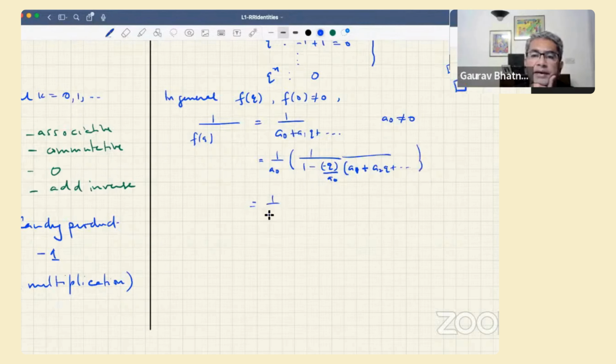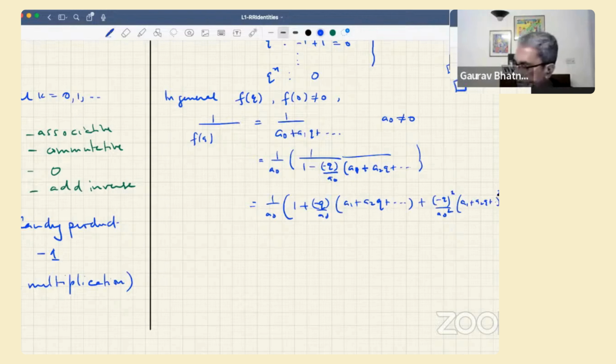And this you can write using the geometric sum formula as 1 plus this guy, minus q over a0 times a1 plus a2q plus so on, plus minus q over a0 squared times a1 plus a2q plus so on, squared, and so on. And again, in principle, you can calculate coefficients of q. Here is just one guy, then the coefficient of q squared comes from this plus one of these guys, and so on. So every calculation to calculate